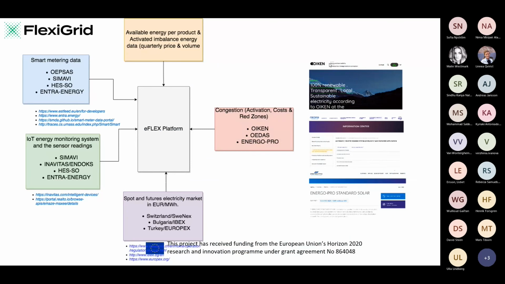Of course, in order for us to perform this platform, it's not as simple as that. We still need to connect a lot of APIs and data to the substation, so the DSO can even fetch the data at the congestion and active zone, and then here also the spot market. So we also have to compare with the wholesale market. And at the individual level, we also have to connect with smart meter data and IoT, in order to perform all of the activities.